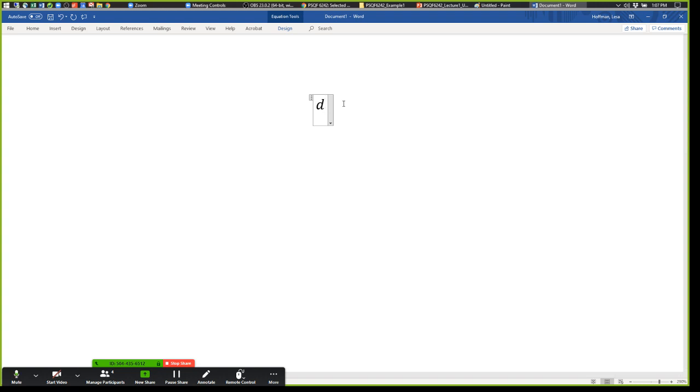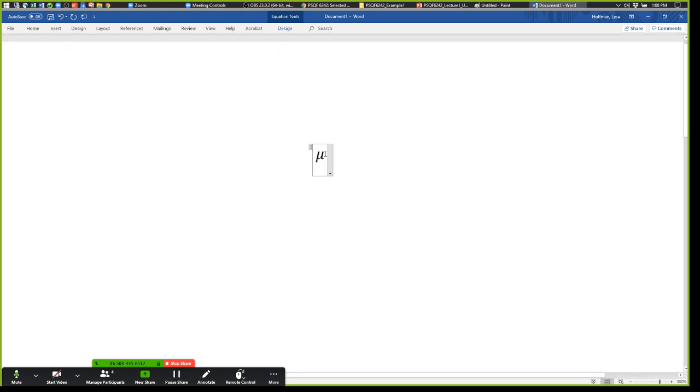So here's the trick with writing Greek letters. If you start with the slash that's above the enter key, which one is that? Backslash? Forward? I don't know. It's the one above the enter key. And then you write the name of the letter you want, like mu, and then you hit the space bar, it jumps into the character. Oh, see, you didn't know this. Yeah, so cool. That's way easier than hunting and pecking.